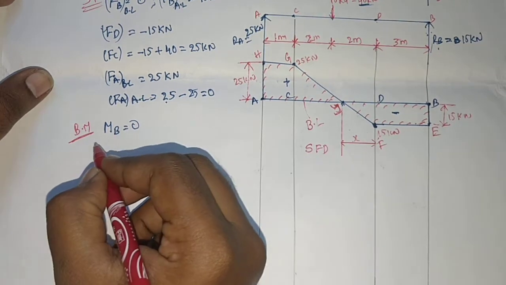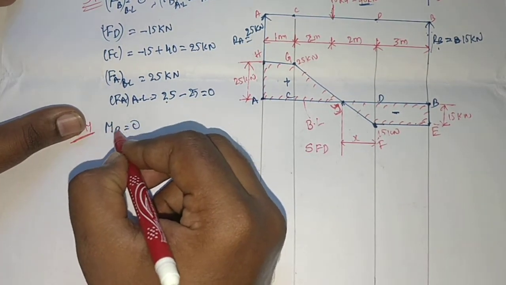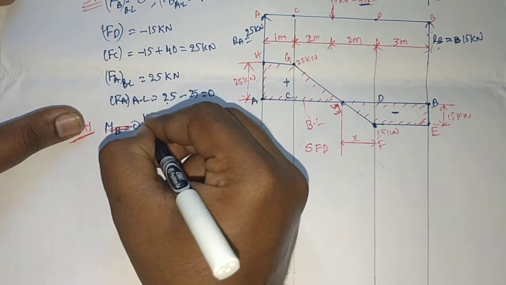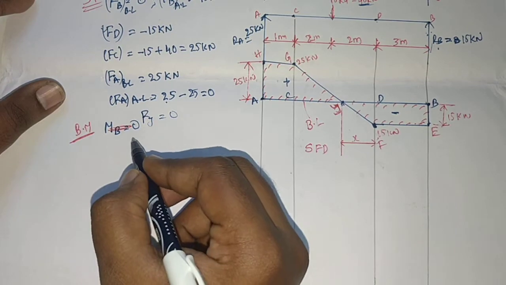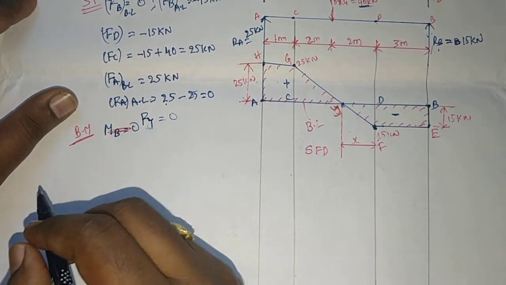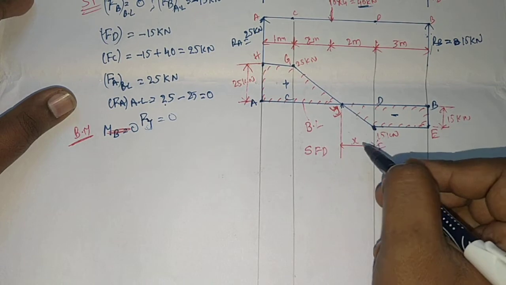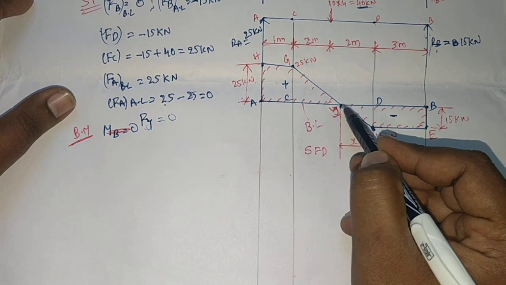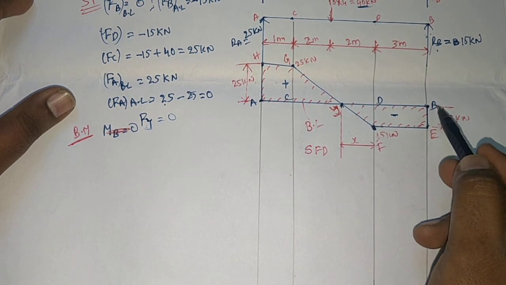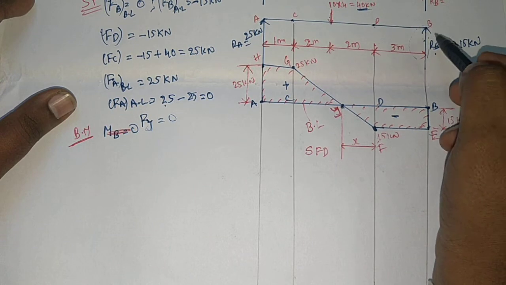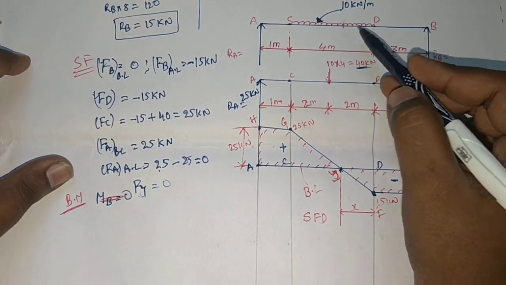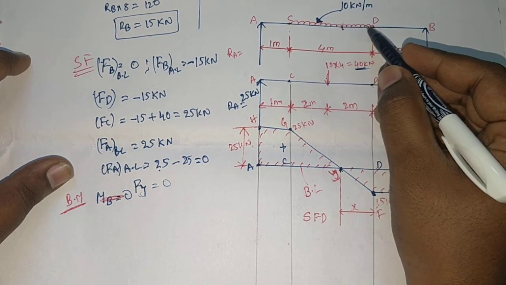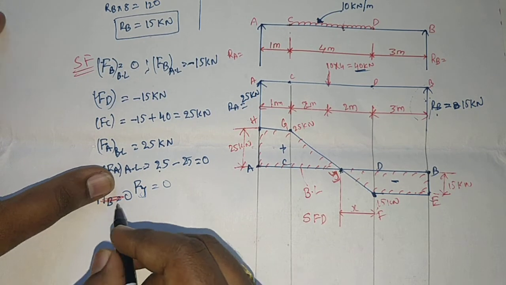Before calculating bending moment, we need to calculate the location X, where shear force at point Y is 0. That is, shear force at Y is equal to 0. We need to calculate the distance of X from D. The right side of this point has one reaction force and some UDL acting. It is the Y point. From this point, the right side has some load, so we need to consider that load also.